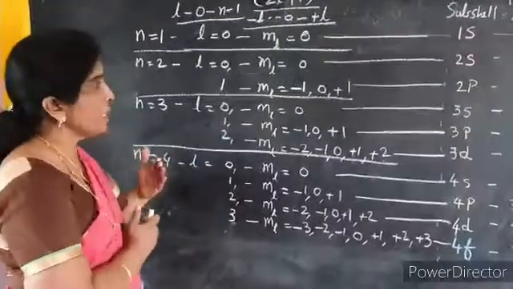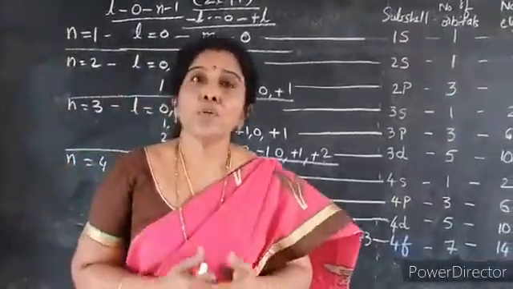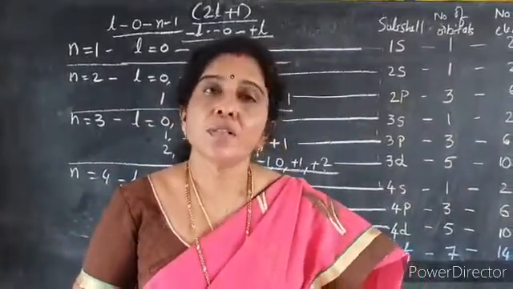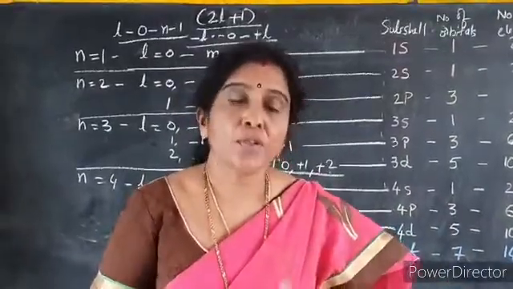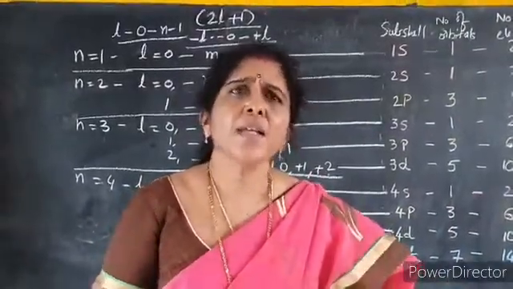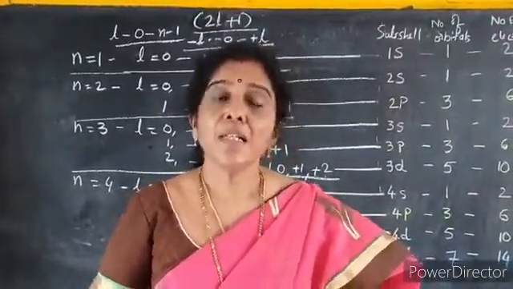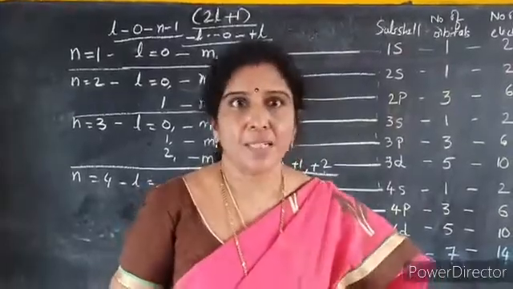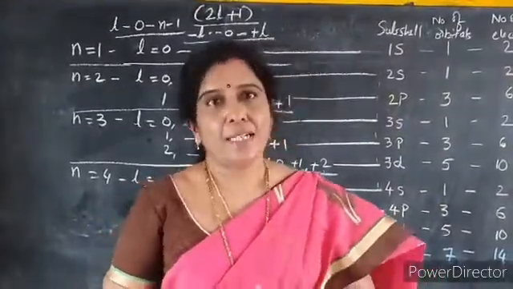To remember better, I will give you an example. When you have to go to any particular house, what do you need? Because there are so many houses in the city, you need an address to trace any house. If there is an address, you can trace any house at any corner. Similarly, quantum numbers also serve as an address to the electrons. In other words, they give identity to the electrons.